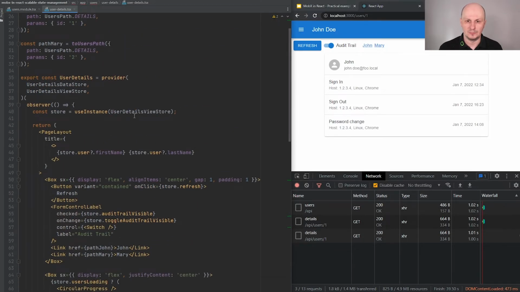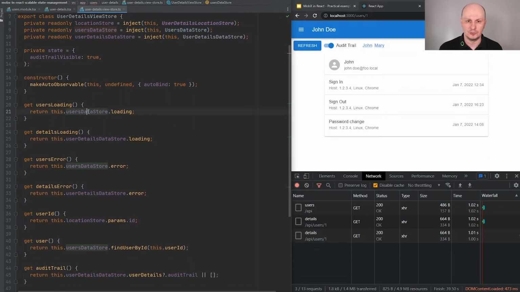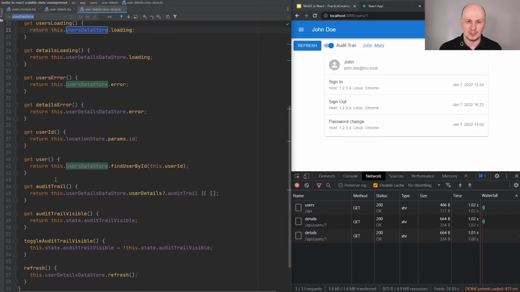Alright, so let's see how the user details view store is organized. This view store injects three dependencies. The first one is location store, which holds data of the browser location like paths, search. Then we have user's data store, which is used for exposing users loading, users error, and the user data.